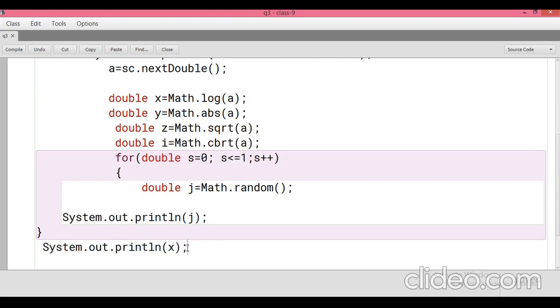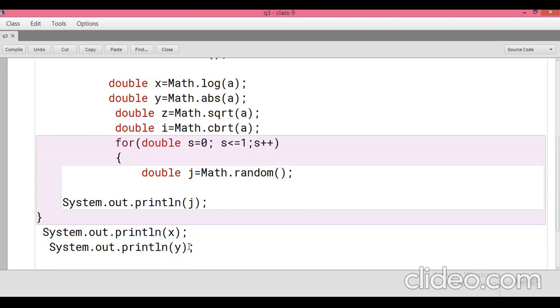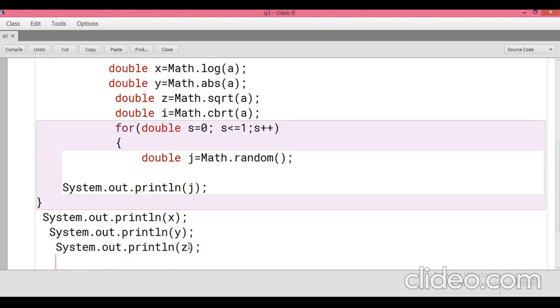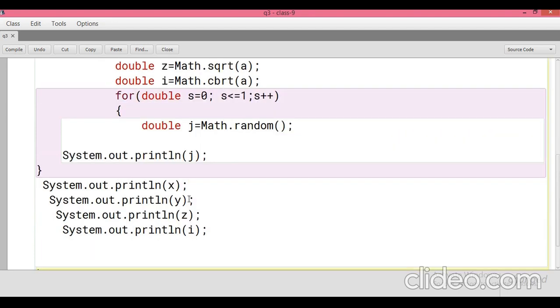Next you have to print the absolute value, which goes to the variable Y. In the same way you print the square root, which goes to the variable Z. And next, the cube root of a number, which we have assigned to the variable I. The random value goes to J, and we have already printed it in the loop.